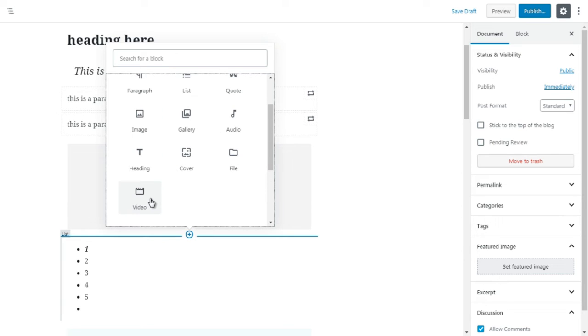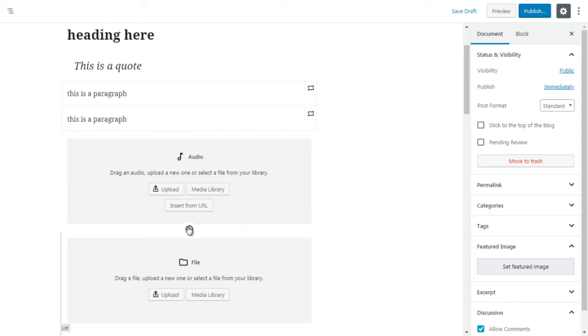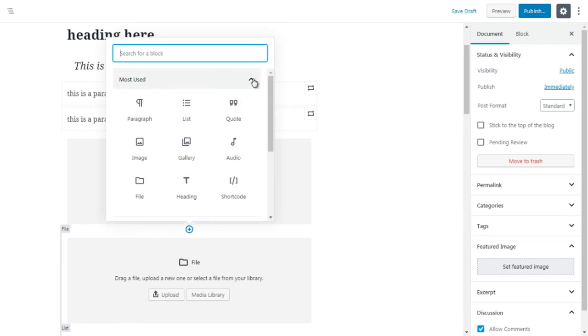Videos, very similar. You just have to have the video in hand on your computer. You upload it to the media library, or you get the URL. We have file, which is again similar. If you click on file, same thing. Very similar to audio, video, image, and gallery. And of course, the last one